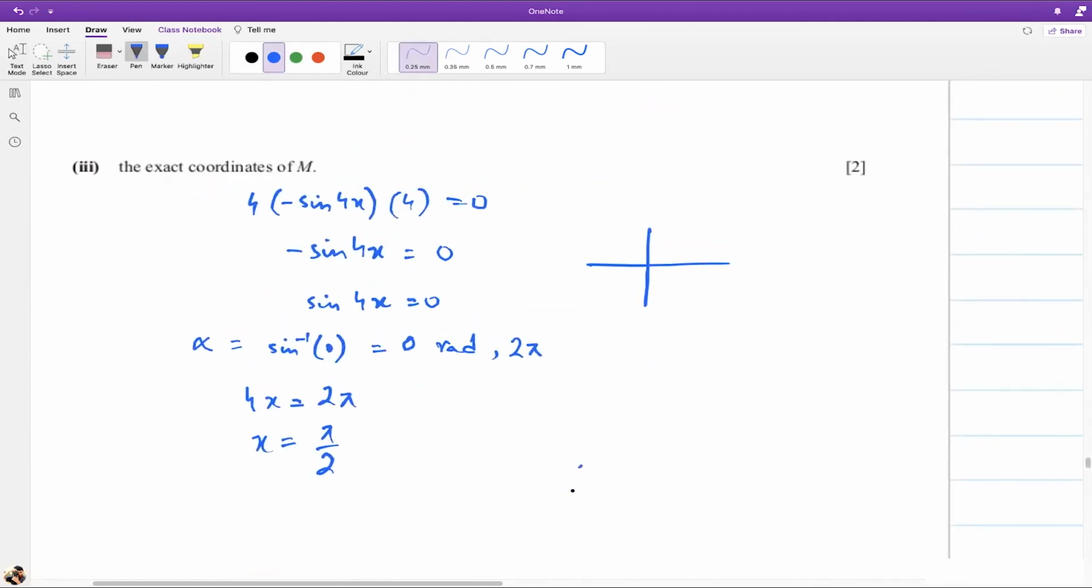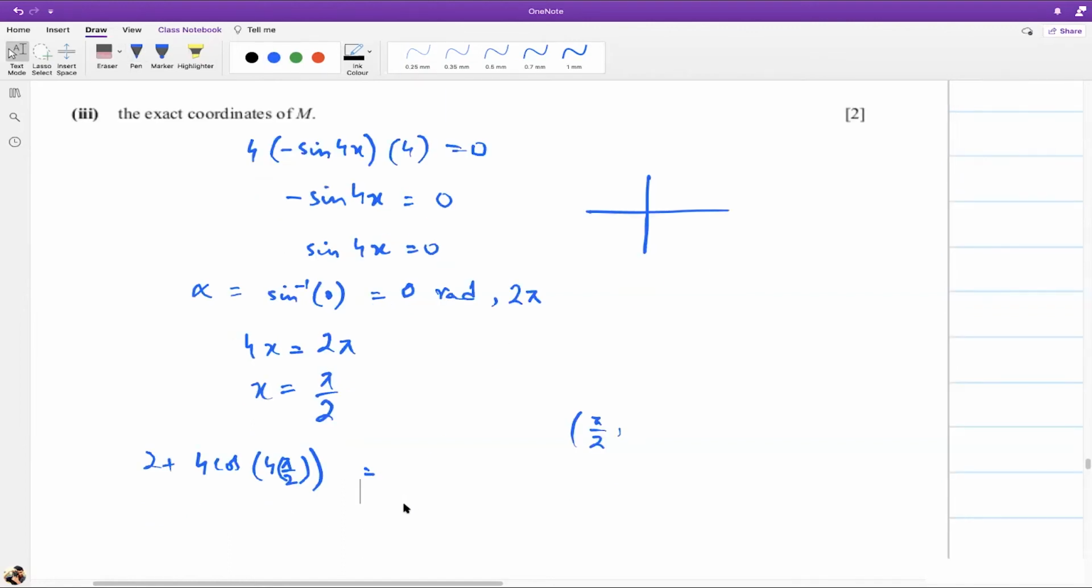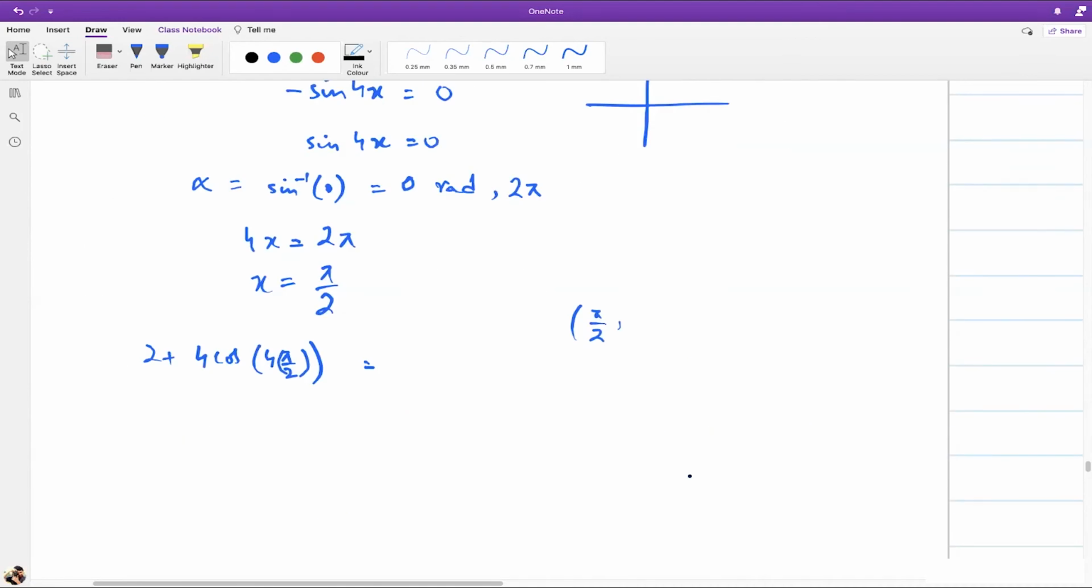So my m is going to be π by 2 as my x value, और y value के लिए मुझे इसे प्लग इन करना पड़ेगा 2 plus 4 cos 4x में। तो जब मैं ये करता हूँ, cos of 2π 1 होता है मेरे ख्याल से, तो ये मेरे पास 6 बन जाता है। Wait a minute, let me see. सर इसका आंसर 6 ही आ रहा है। I know 6 आ रहा है, लेकिन वो होना नहीं चाहिए ना, नेगेटिव में आंसर होना चाहिए।